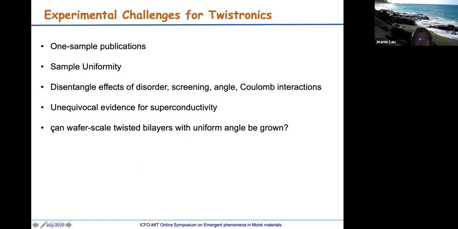that? Of course, lastly, you asked, can the wafer scale twisted bilayer be created with uniform angle? The twisted bilayer, of course, is not a thermodynamically stable state, but can they be grown? If they can be grown, I think that would be great. It sounds very difficult, but throughout the years I've learned my lesson. I think I have to never doubt the ingenuity of the material growers. Over the years, they come up with really clever solutions and creative approaches to everything,